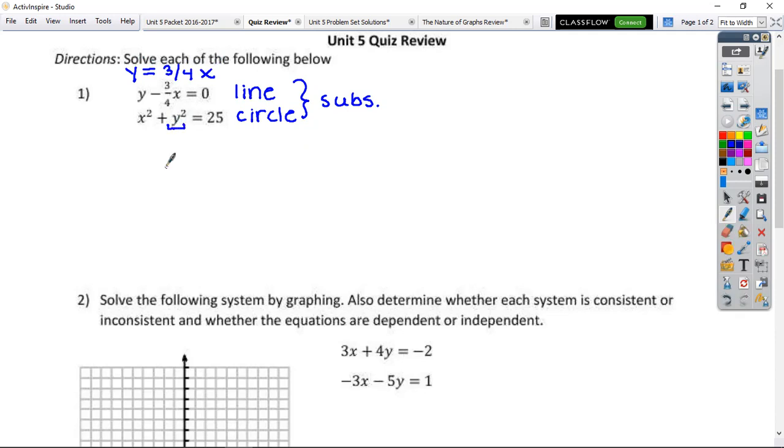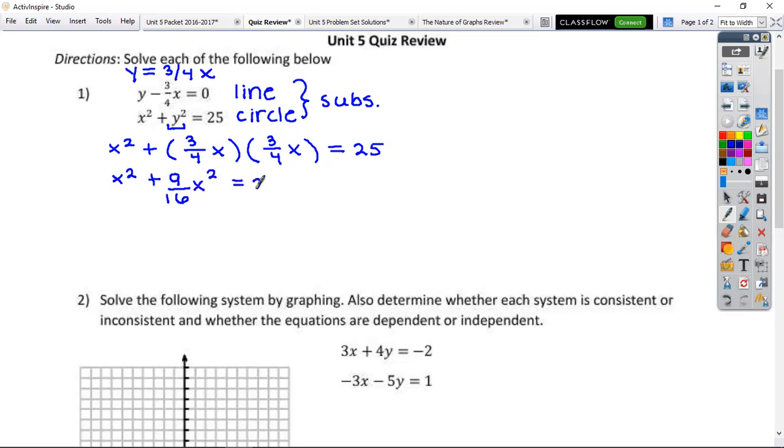And whenever I square something, it means I need to write it twice. So I substitute, and I'm going to get x squared plus, I'm going to write it twice because it's squared. So I have 3/4 x, and then I have another 3/4 x, and then this is equal to 25. Okay, you really don't need a calculator, to be honest with you. Just do this in your head. So I'm going to do numerator times numerator. So 3 times 3 gives me 9. 4 times 4 on the bottom gives me 16, and then x squared